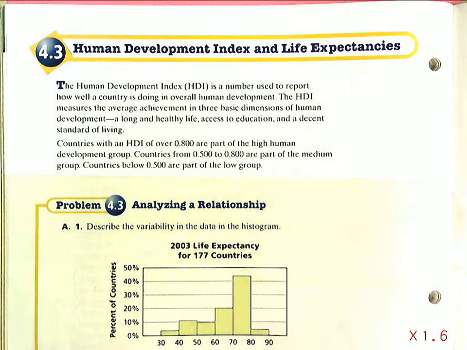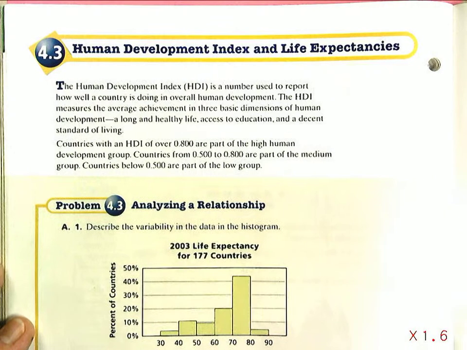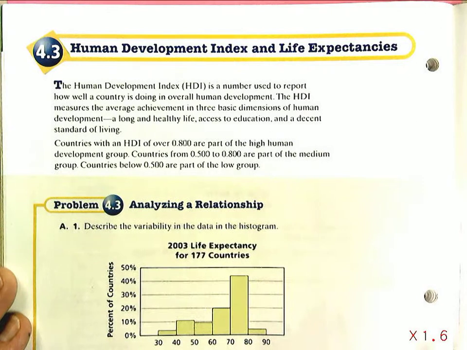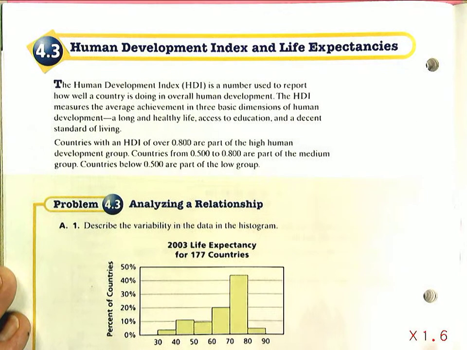So this is the final lesson in the book Samples and Populations, and really a wrap-up of the whole idea of statistics and probability and just using those concepts in real life problems. And so we're just going to look at some graphs and try to make some interpretations from them.